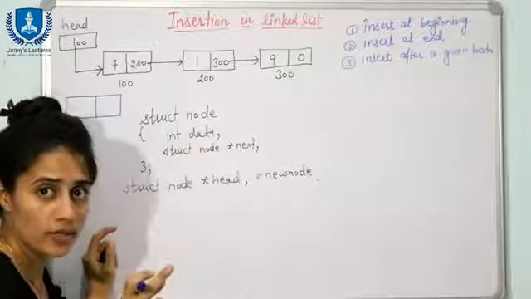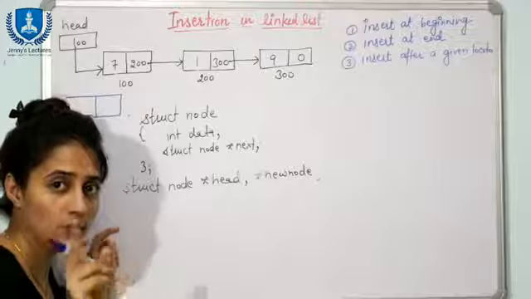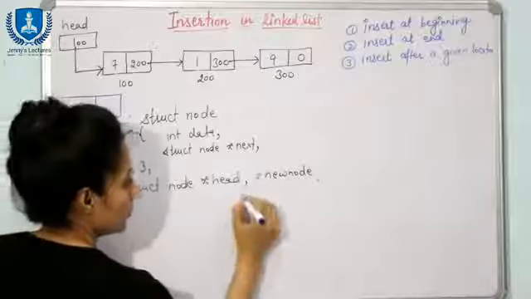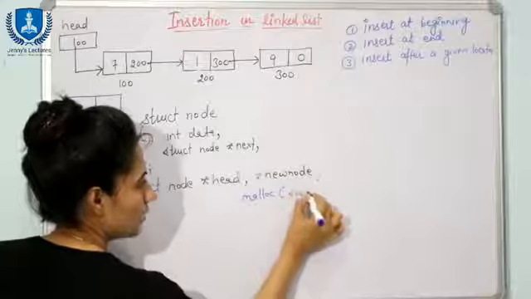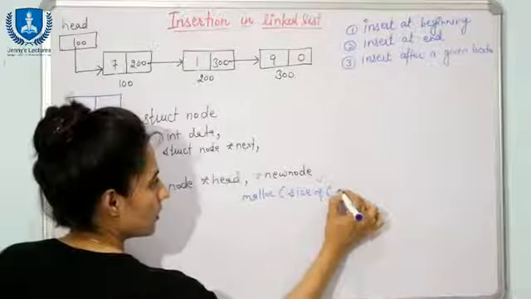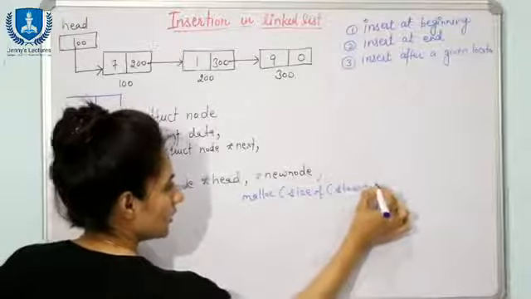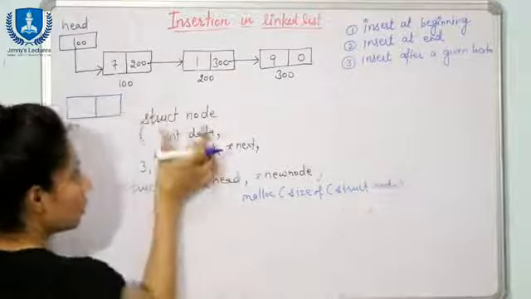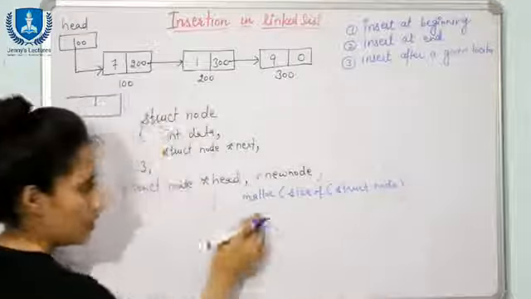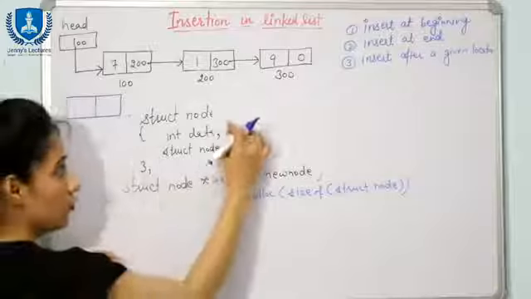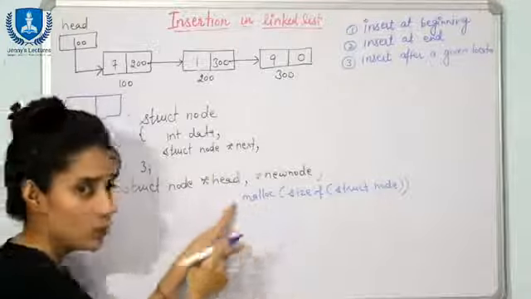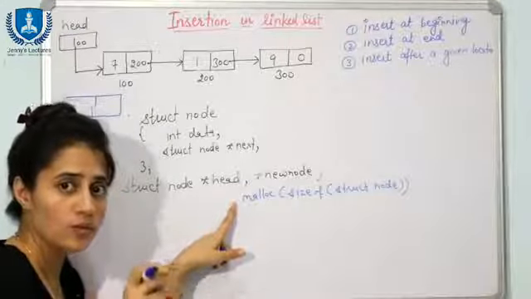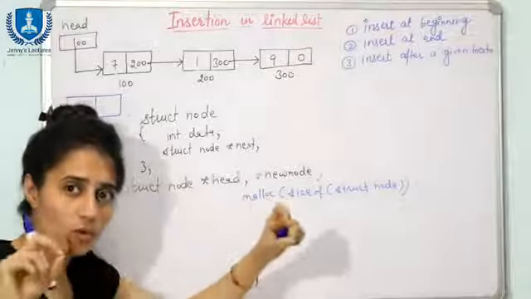Fine. So how you will create, how to allocate memory dynamically using malloc function. So the syntax is, you will write malloc, and here you will write the sizeof keyword, and here you will write the data type. Data type is what? Struct node. So how many bytes would be allocated? 8 bytes, 4 for this and 4 for this pointer in 32-bit compiler. Now malloc is going to return what? A pointer to the starting address of that allocated block.